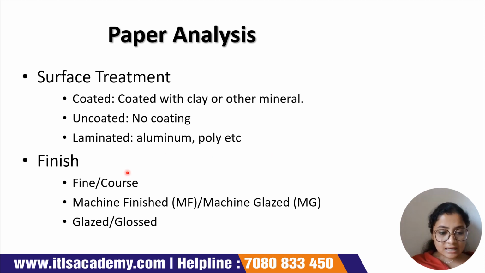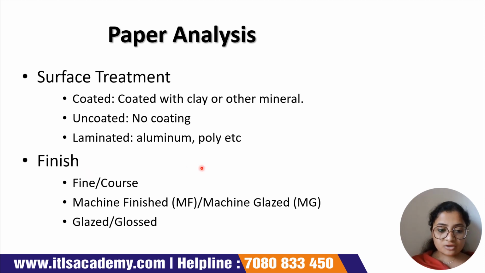Okay. Last factor that we need to see is the finish. What is the finishing of the paper? Because finishing means the ultimate nature, the ultimate standard or quality of the paper. So that is again something that we need to analyze, because from that we will be able to know the condition of the criminal, particularly the financial condition, or maybe from where the criminal belongs to, what kind of region the criminal belongs to. These are some of the findings that we can get out of analyzing the finish of the paper.